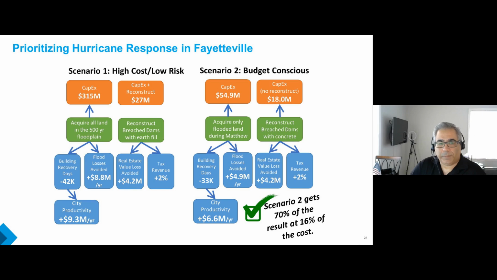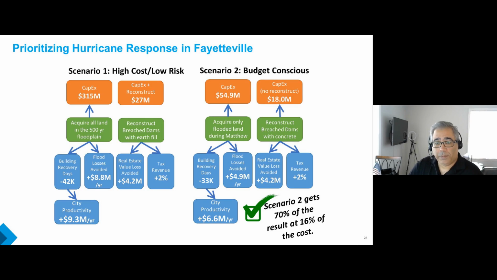The city said, well, we probably would never be able to get this level of funding. So we said, okay, what can you do with the level of funding you could reasonably get? And so in this second scenario, we said, let's acquire only land flooded during Hurricane Matthew. So if it's a storm up to Hurricane Matthew size, there won't be any flooding in those particular spots. We don't acquire all the land, just the land that was damaged in Hurricane Matthew, and that cuts our price tag down to